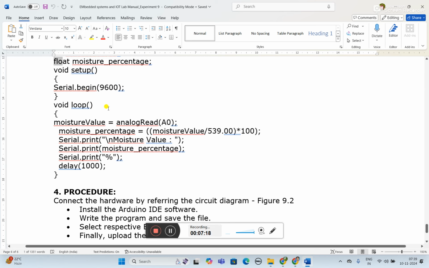So it initializes the serial communication with the connected device, that is the computer, at a baud rate of 9600. That's why we are using this Serial.begin. After that we are specifying the void loop, because to execute the program repeatedly we are using the void loop function, and there we are specifying the code as